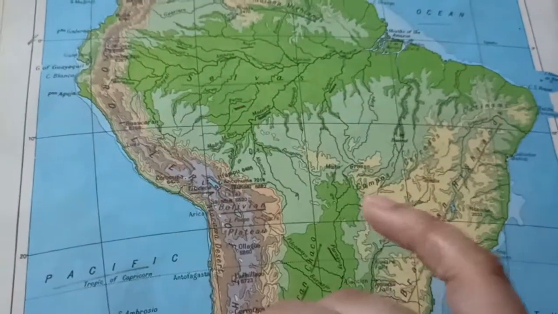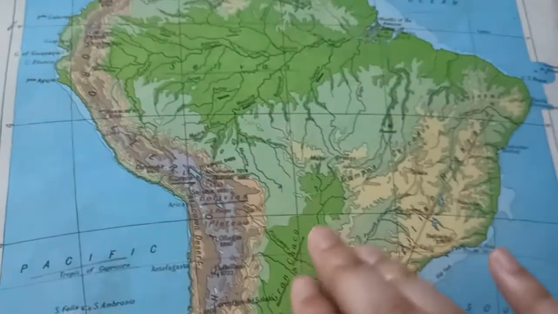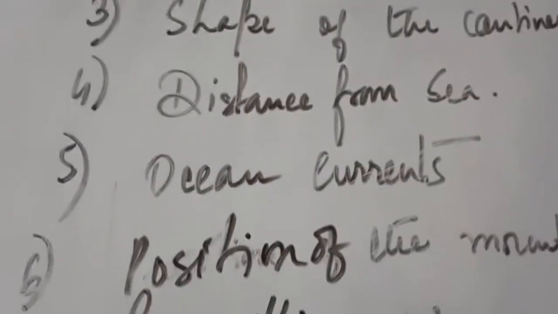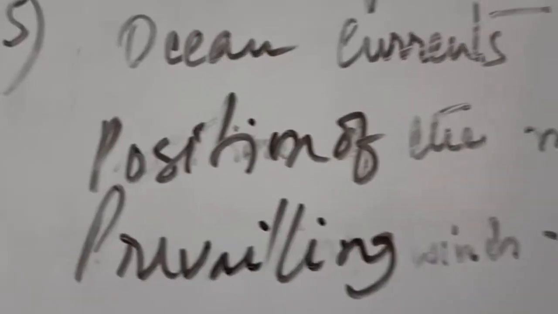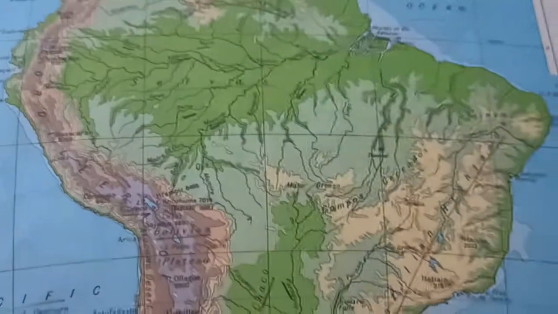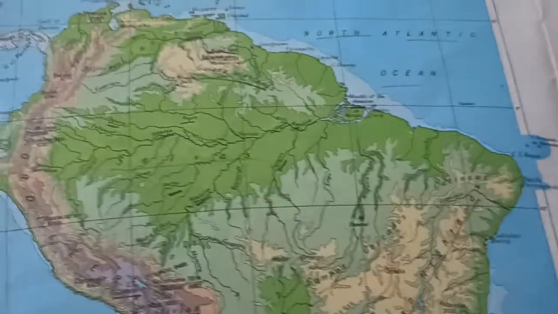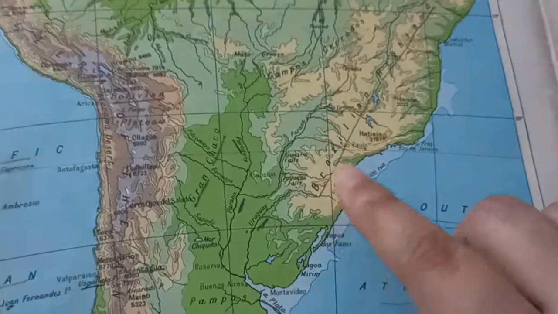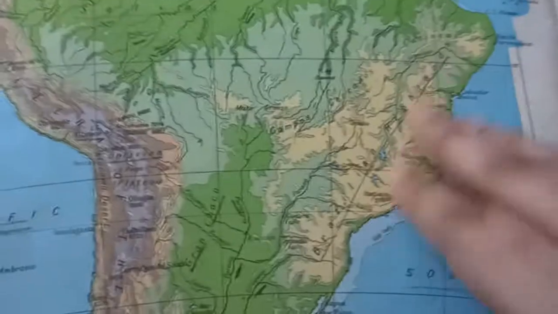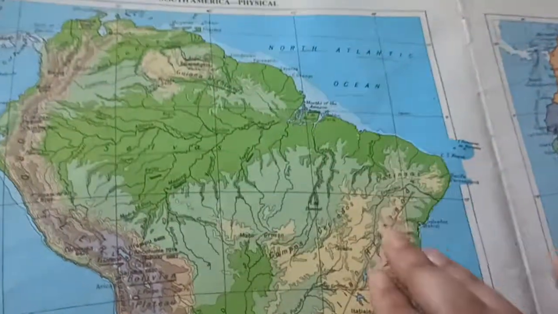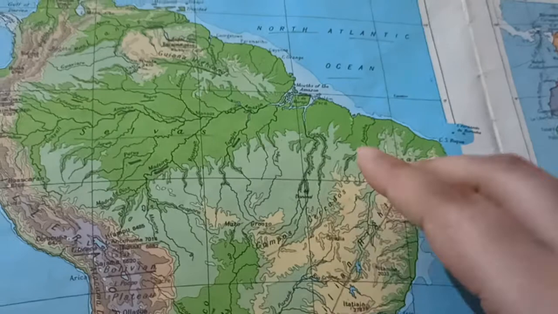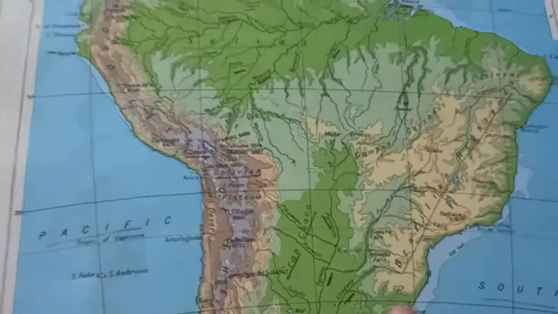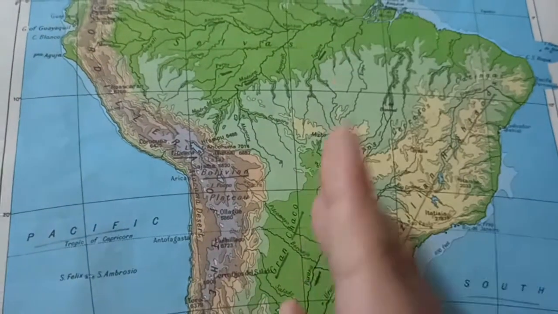For this, the rain shadow region has developed in the eastern slope of the Andes mountain chain. The next point is the prevailing wind. So there is a wind named the southeast trade winds that brings rainfall to the coastal parts of this tropical region. So tropical region means up to this Tropic of Cancer. So this total extent gets the rainfall from this southeast trade wind, but it does not give rain to the western coast or this portion of South America due to its geographic barrier.